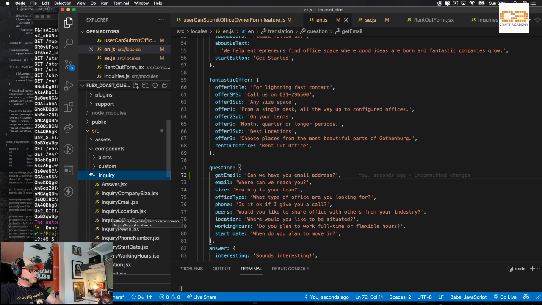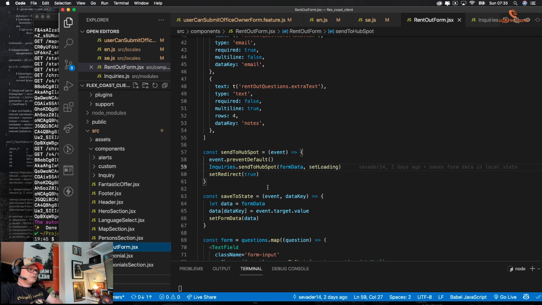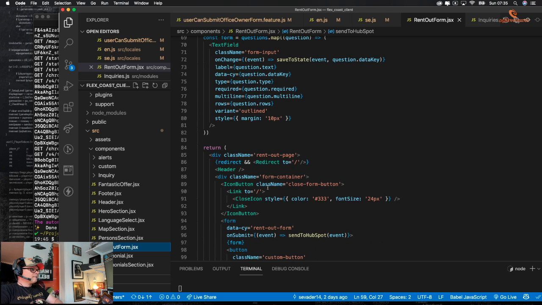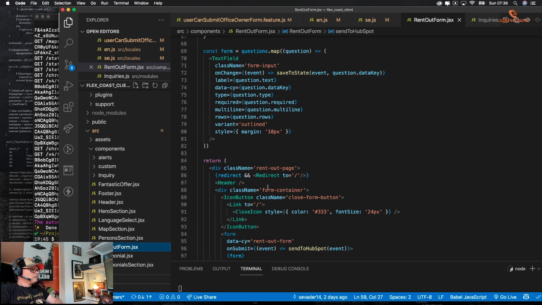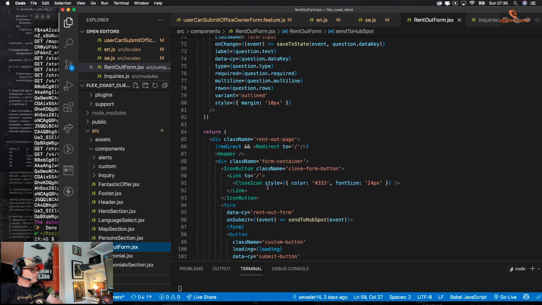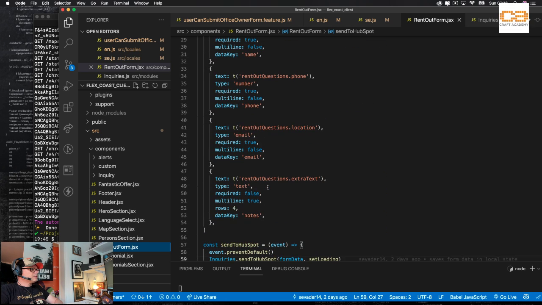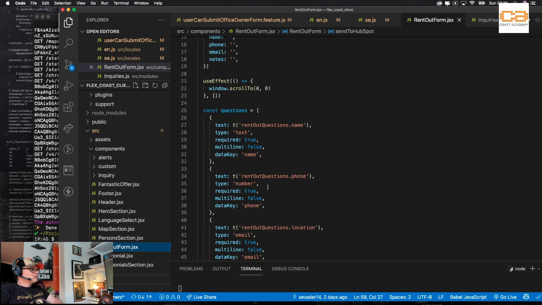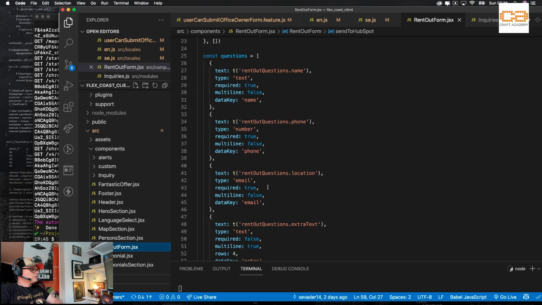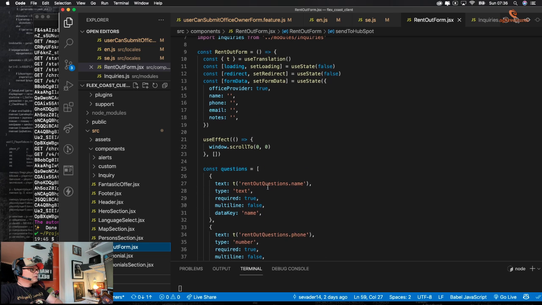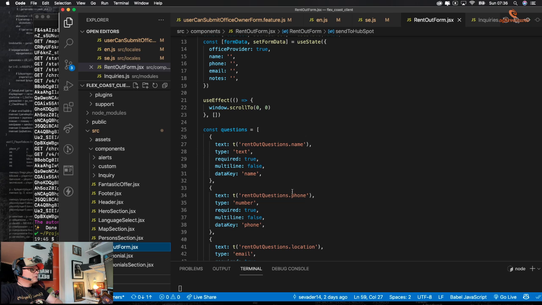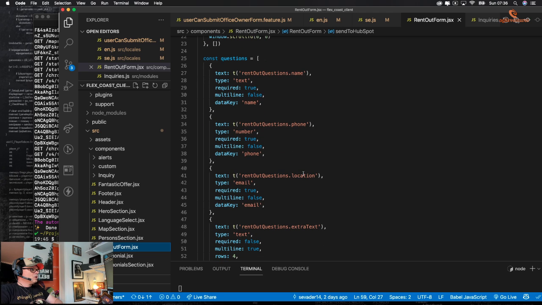Inquiry location. No, that's not it. Rent out phone, there it is. Right. Extra text. So name, rent out questions, phone, location. Why would it be a location?